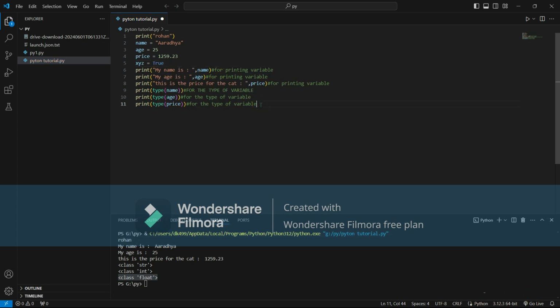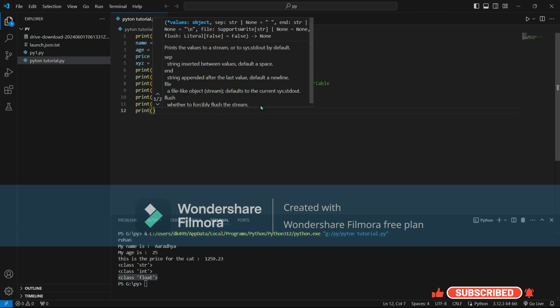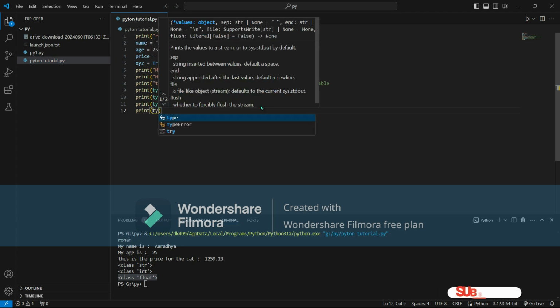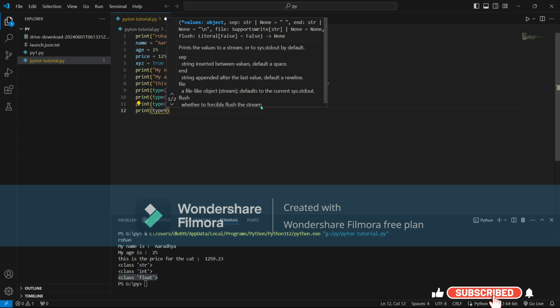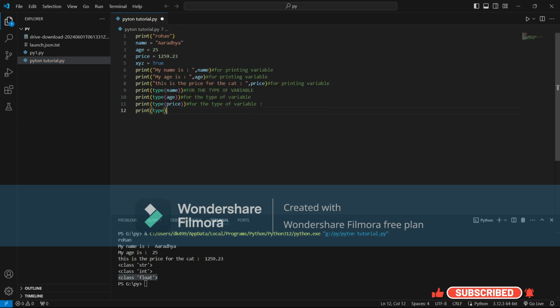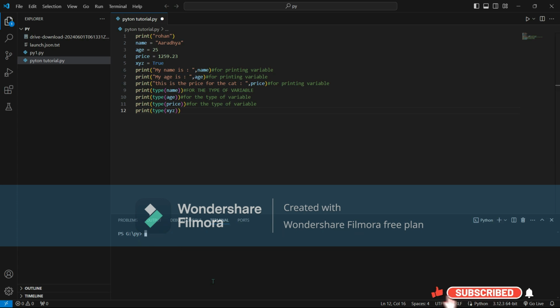I have written over here, and now let's print the xyz variable type and delete it over here and run it.